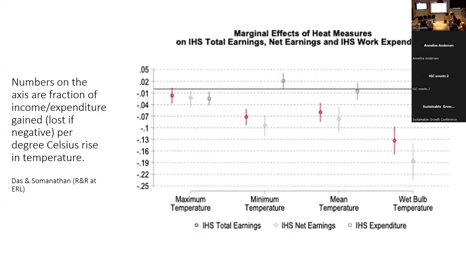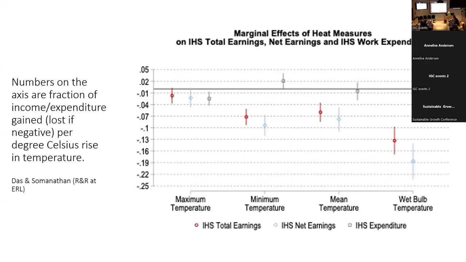So here, if we look at effects of various temperature measures on earnings, you can see the thing that jumps out. If you look at the red ones, that's total earnings. And it's percentage points, basically, changes in income on the vertical axis. So if you look at the red ones, you can see that the effect